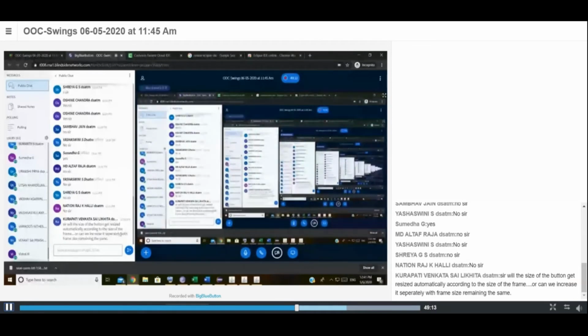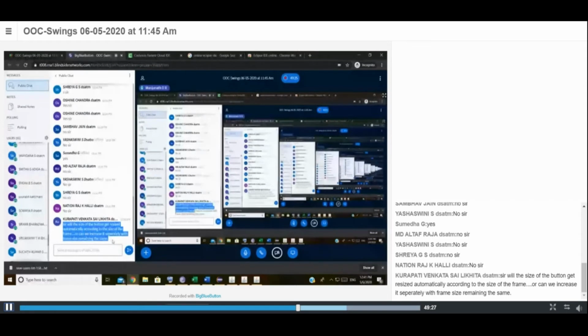See, you know that concept, if you have worked with HTML5. Whenever we set that resizable thing, automatically your button gets resized. You need not specify separate sizes for each resizing of your frame. It will do it automatically. The only thing is you have to pass the boolean value, whether it is true or false. Venkata Sai Likita, you got it?